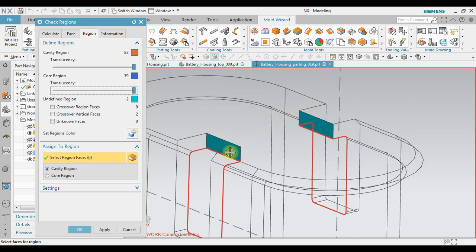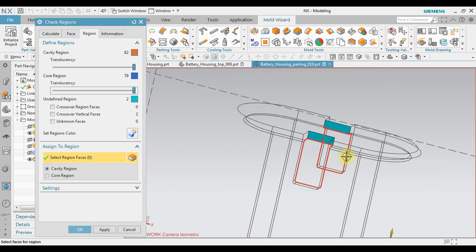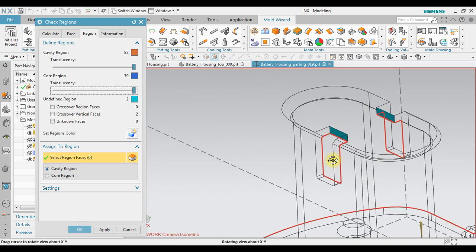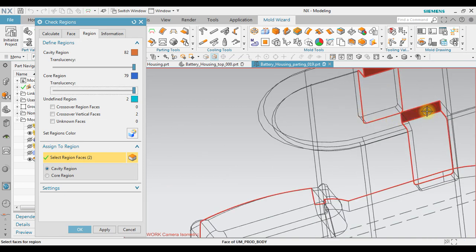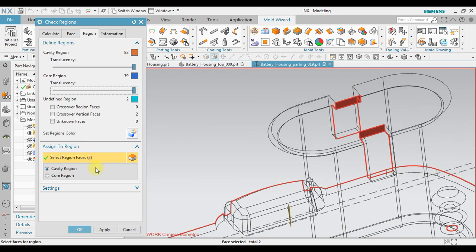As you can see in here, now we can see where the undefined region is. Select the region faces, and then assign it as a cavity region. Click apply. Now you can see undefined region became 0.